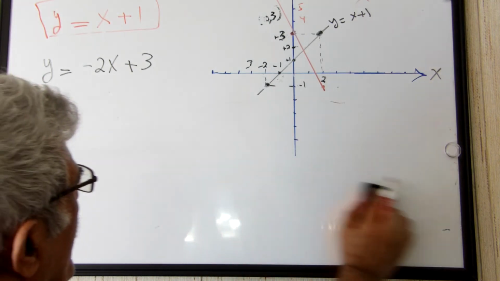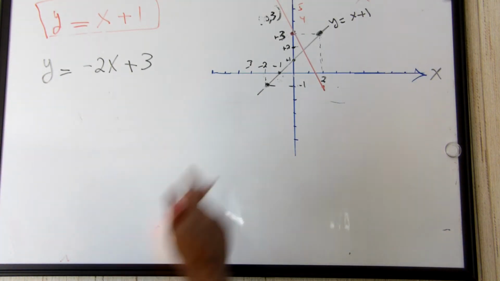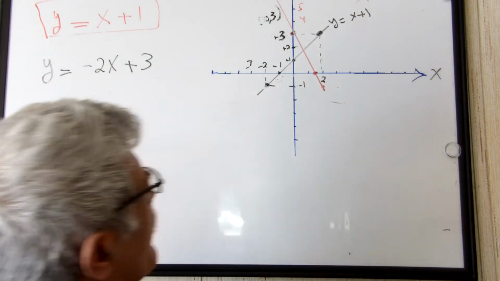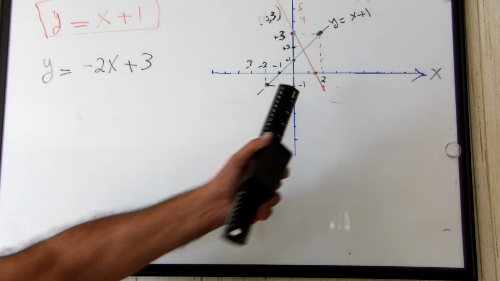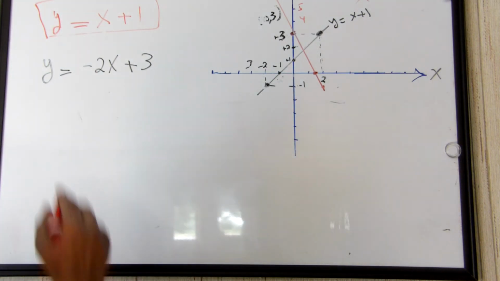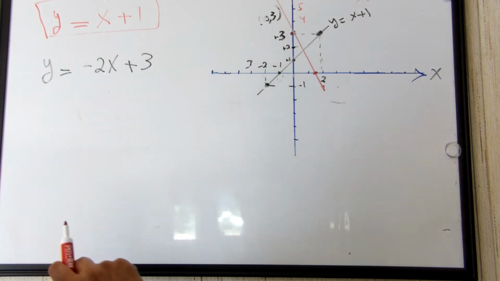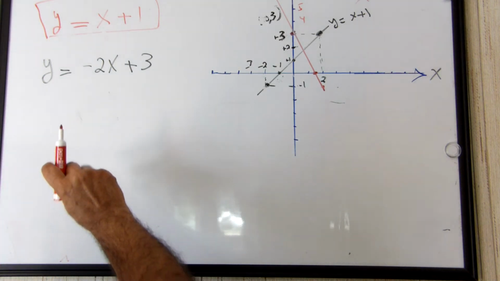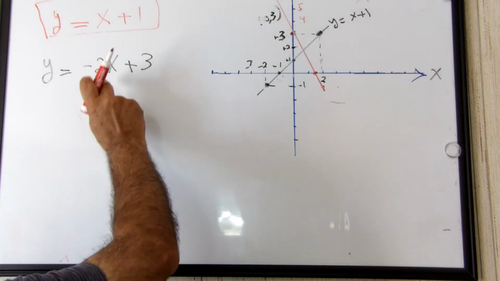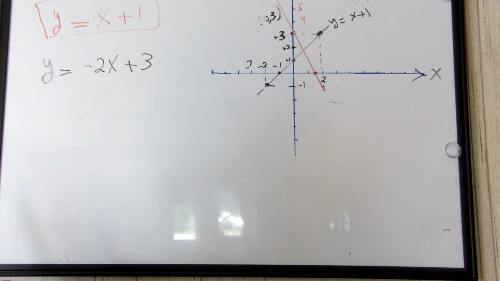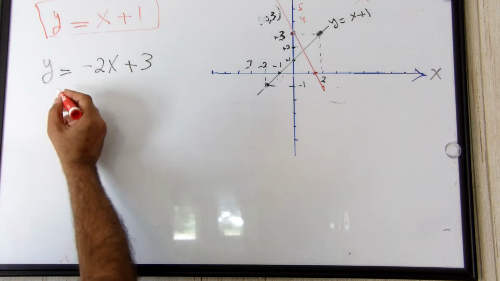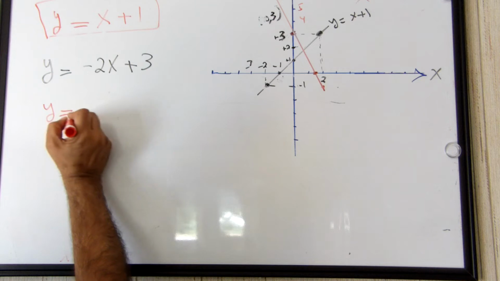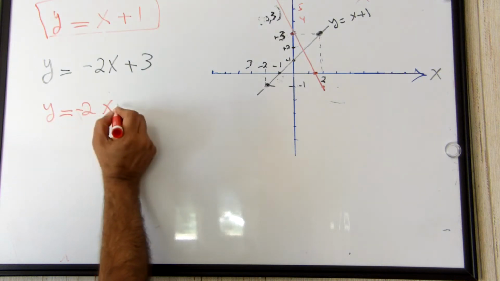Now to see where it intercepts the x-axis, you're going to find where it intercepts the x-axis. Actually, let's write it in the opposite way: y is equal to minus 2x plus 3,